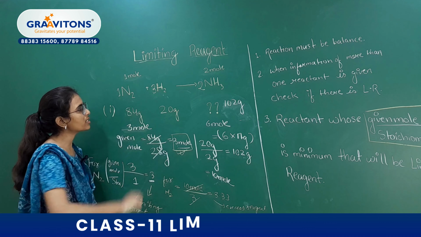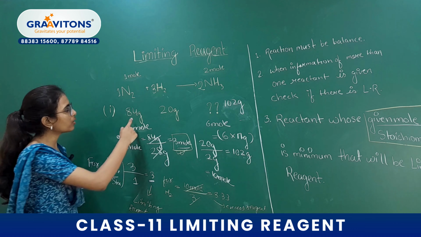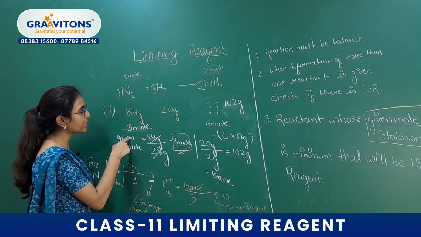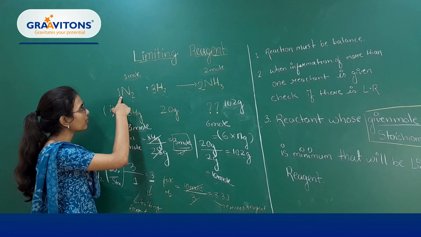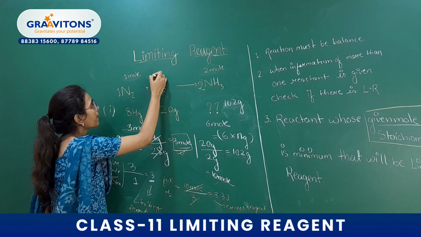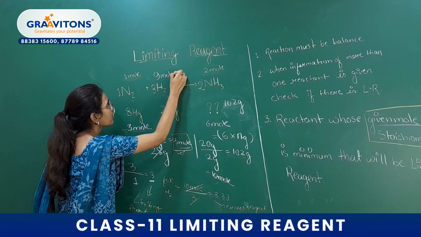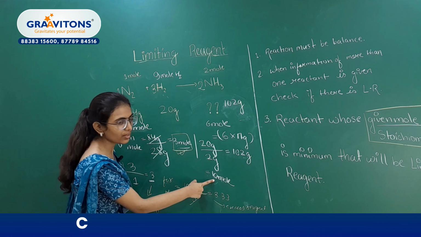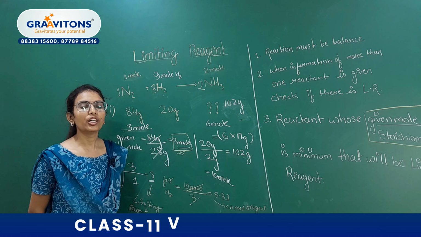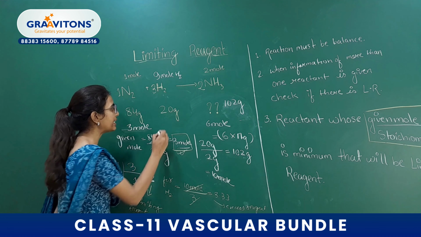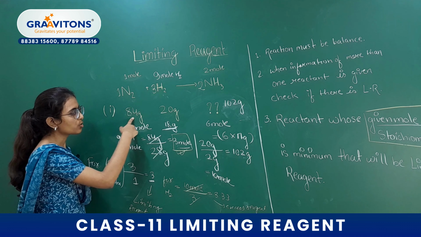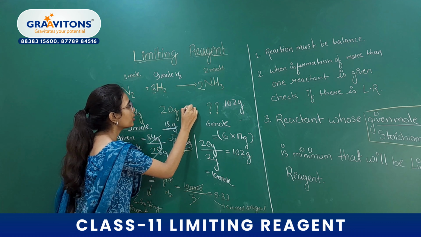Now if we want to check how much hydrogen will be left out, you can either go by the conservation of mass, or you can check. We know that the limiting reagent decides how much hydrogen will be consumed. 1 mole of nitrogen requires 3 mole of hydrogen, so 3 mole of nitrogen will require 9 mole of hydrogen. And how many moles of hydrogen did we calculate? 10 mole. It means 1 mole of hydrogen will be remaining. 1 mole of hydrogen means 2 gram of hydrogen will be remaining. It means 18 gram of hydrogen will react. So with 84 gram of N2 as the limiting reagent, 18 gram of hydrogen will react, and how much remains? 20 minus 18, that is